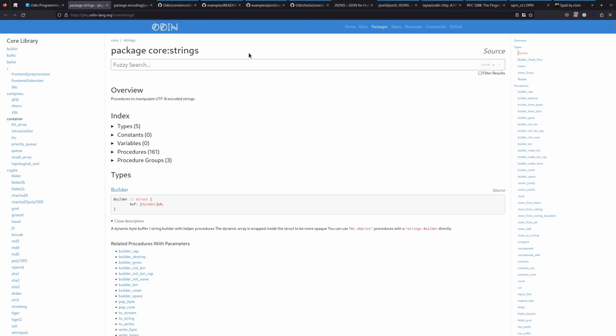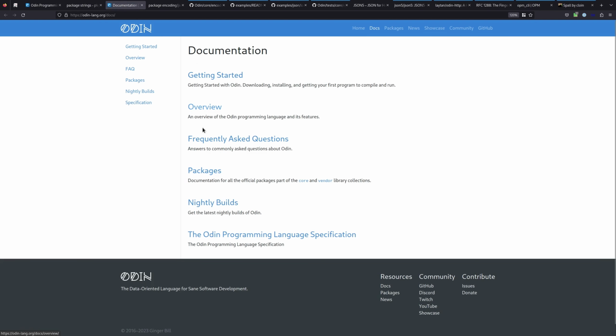Alright, so previously I have talked about making a video on how to install Odin, and so what we're going to take a look at is basically how do I get the Odin code and how do I build it and so on. This won't be some super in-depth thing, it's simply just showing you the place to look. So first of all, we can take a look at the documentation here